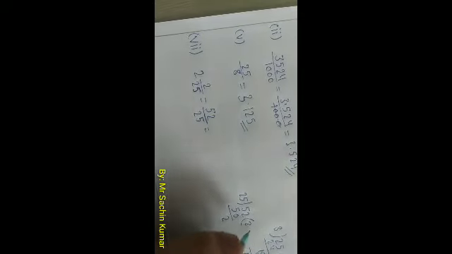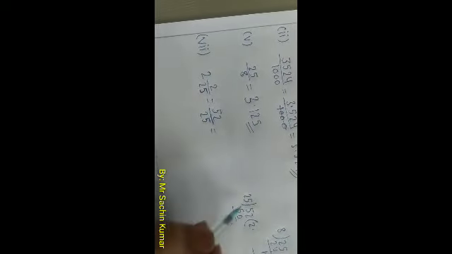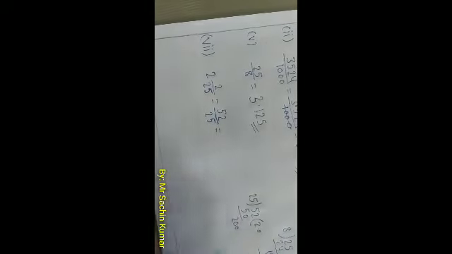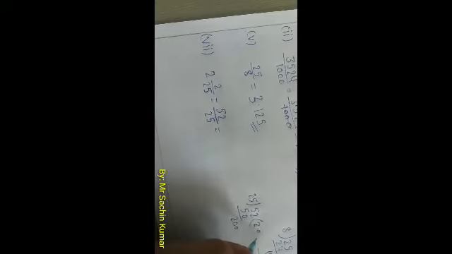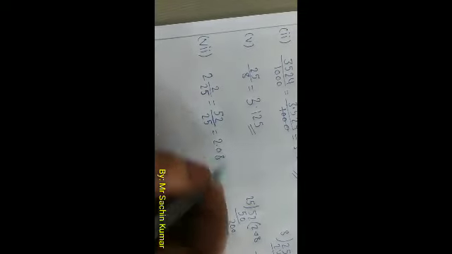So the answer is, we put the point, increase 0. So again we see that 20 is less than 25, then we again increase 0, then we put 0 here also. So 25 eights are 200. Yes students, this is our answer. Okay.